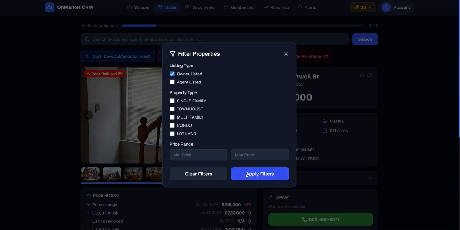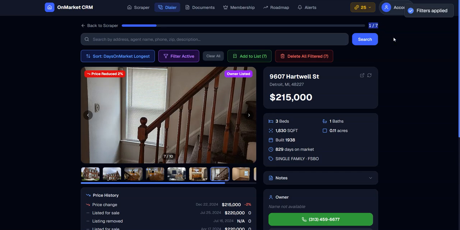property types, price range. We'll apply this. Now you see it filtered it down to 7 from almost 100. Then the next thing we can do is we can do a search. So we can type Detroit. Now you see we only have 2 properties in Detroit. So it's this one right here, and it's also